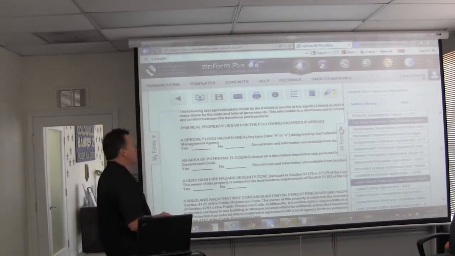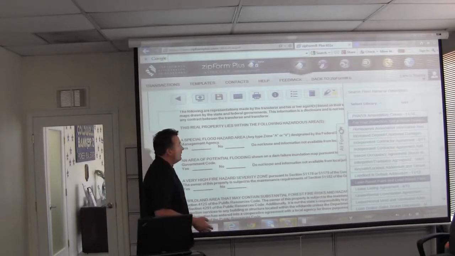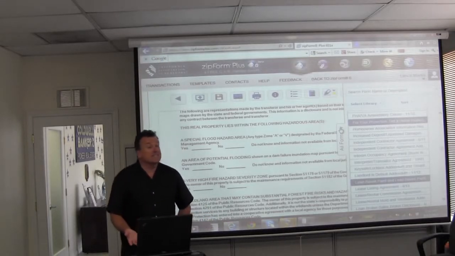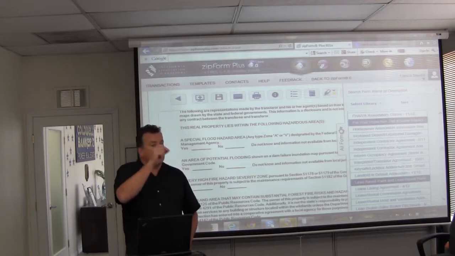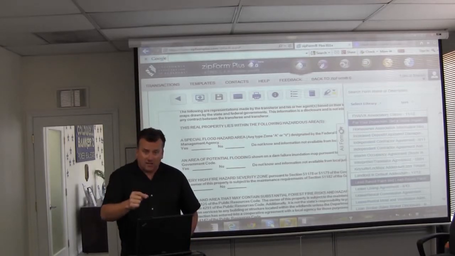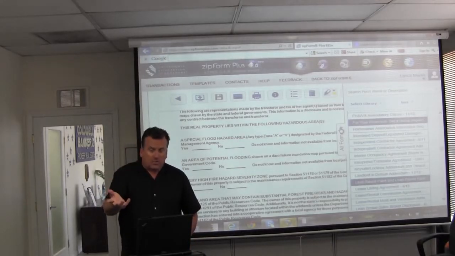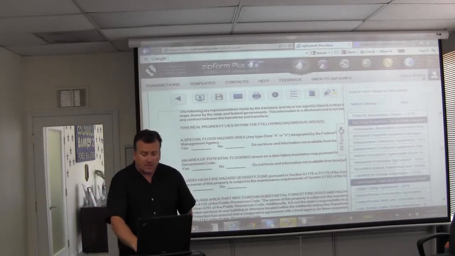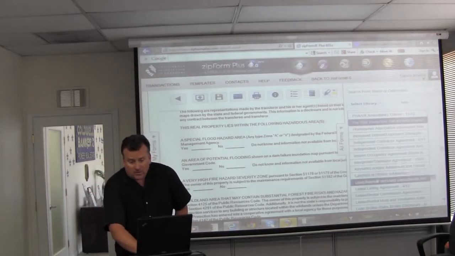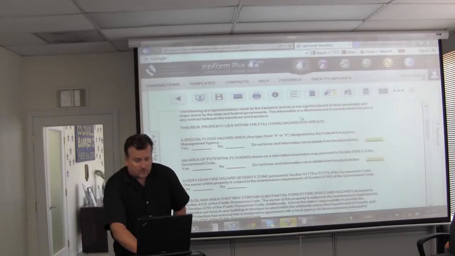Okay, while we're waiting for this to pull up, this is a very standard form. It's used all the time. It's very simple. Seller, buyer, agents are signing. When was the property built? To your knowledge, is there any lead-based paint? It's possible that there could be lead-based paint on a property that is built after 1978. Because,